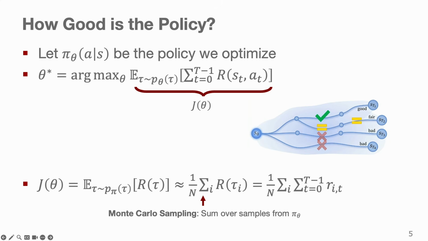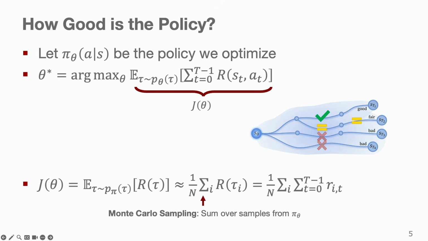Now, the catch is that we cannot calculate this expectation analytically because we don't know the true distribution over all robot movements in the real world. We already prefaced this a little in the last lecture, but in practice, what we use is something called Monte Carlo sampling. So we run our robot n times using our current policy p theta, collect those trajectories and calculate the average reward.